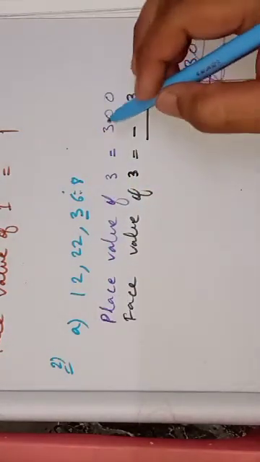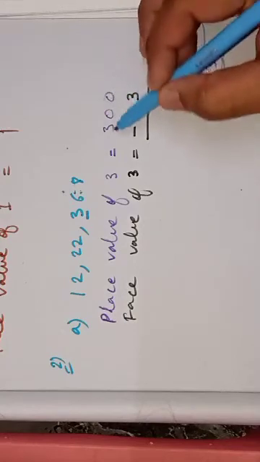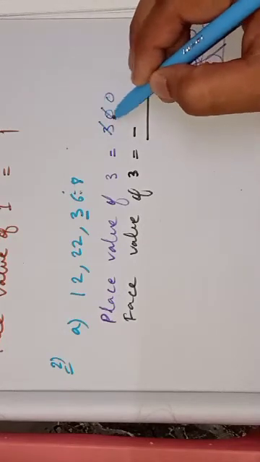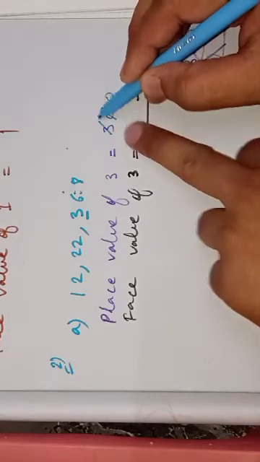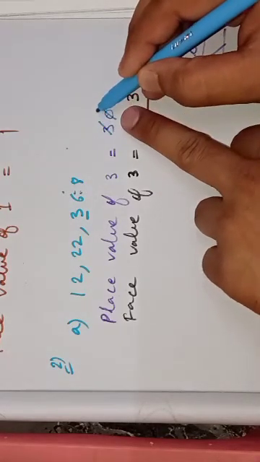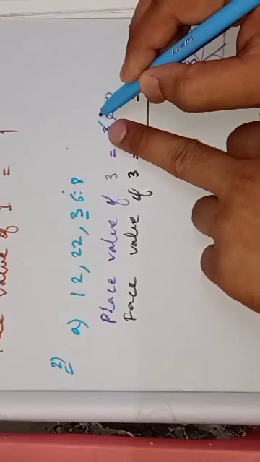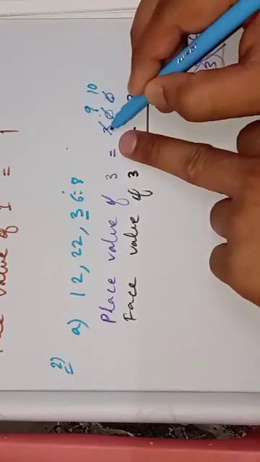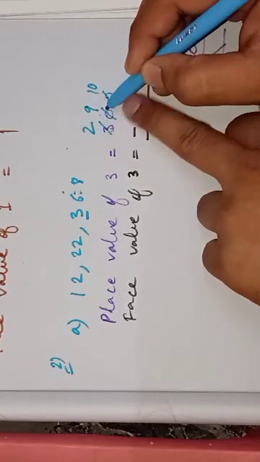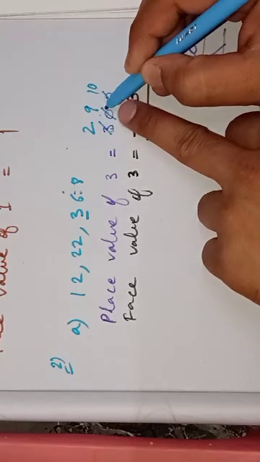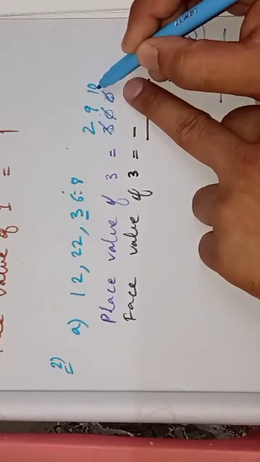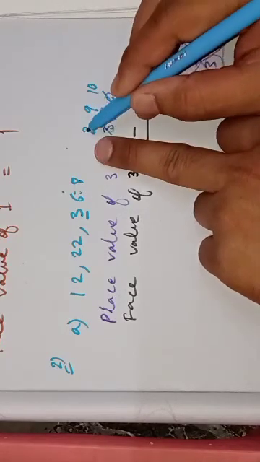So how to subtract, my dear students? You can't subtract 3 from 0, so you have to borrow. So let us borrow. If you borrow from 3, it will become 10. Now if you borrow from this 0, it will become 10, and this will become 9, and this will become 2. First we borrowed over here, it became 10. Then from this we borrowed, and it became 10, and it became 9, and it became 2.